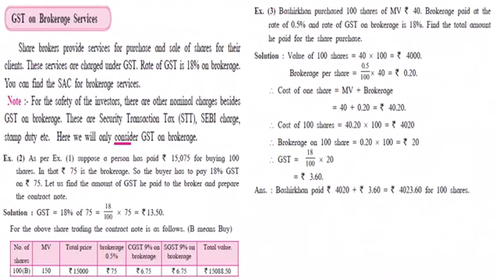Some more information. Every broker is registered and governed by SEBI, that is Securities and Exchange Board of India Act 1992. For keeping records of shares, bonds, mutual funds, one must have a Demat account, that is dematerialized account. For sale and purchase of shares, a trading account is a must. These accounts can be opened with banks or share brokers. They are known as DP, that is depository participants. These DPs are under the control of two main depositories, namely NSDL and CDSL.